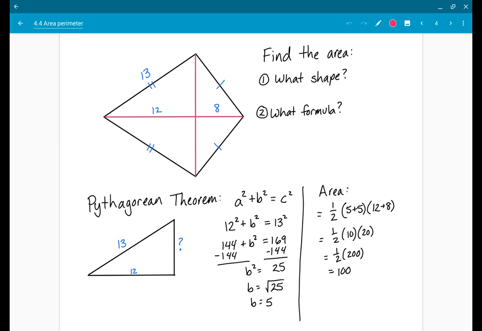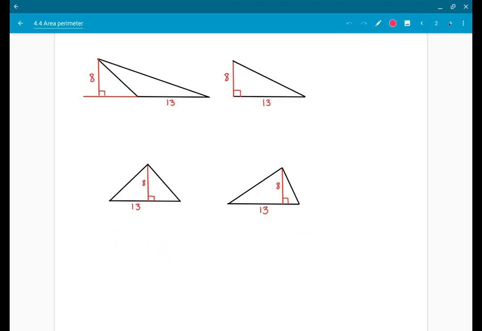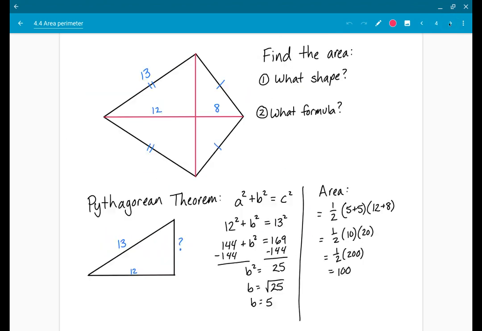Well, you should have written this one down. It should be area equals 1/2 diagonal 1, sorry, times diagonal 2. So we need to figure out how long these diagonals are. Here I've got one. 8 plus 12 is going to be our first diagonal, but I have no information about